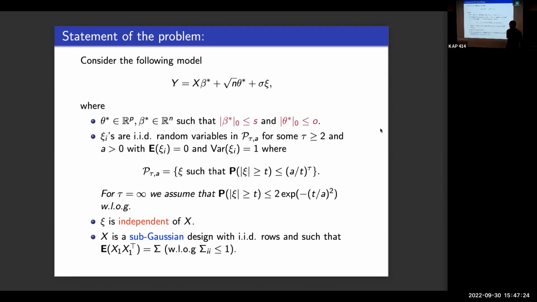In statistics, for many problems, it's very relevant to make this assumption, especially in high dimension, that the signal you're trying to estimate is sparse. So this is just a sparse linear model where we allow an adversary to corrupt our observations. The adversary knows everything. The noise is added not after, but before the adversary. The theta star can depend on the noise, can depend on X, can depend on anything. It's really very general adversarial contamination.